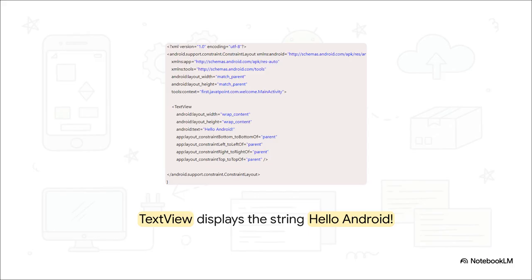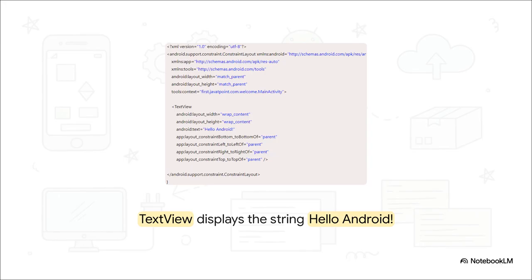Inside our layout file, activity_main.xml, we're going to add a text view element. What's really interesting here is how the constraints for bottom, left, right, and top are all set to parent. This brilliant little mechanism basically locks our text view directly to the screen's borders, which centers it perfectly. You'll also notice the width and height are set to wrap_content. That just means the box dynamically sizes itself based on the length of our text, which we've set to say,